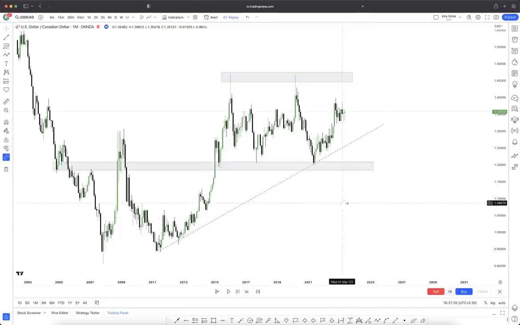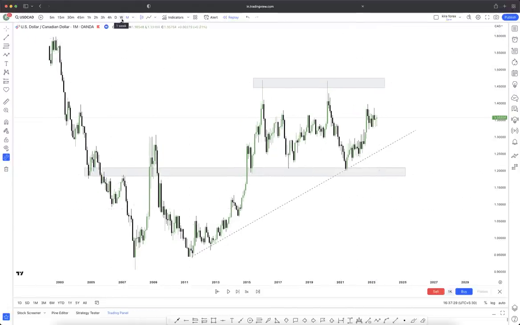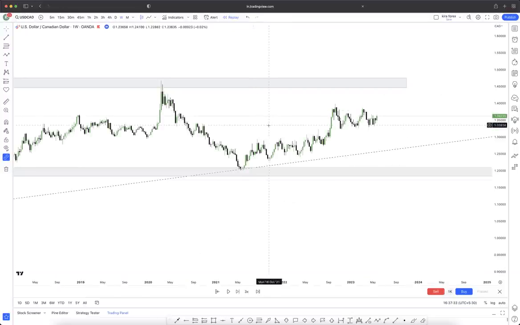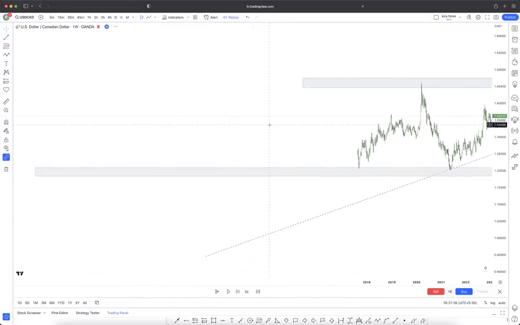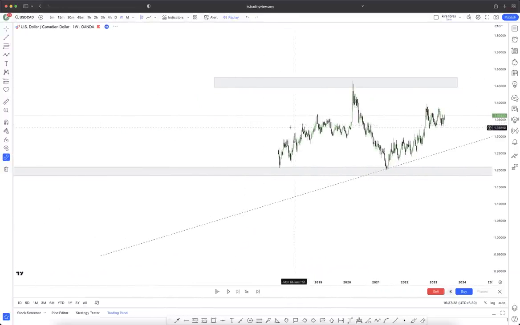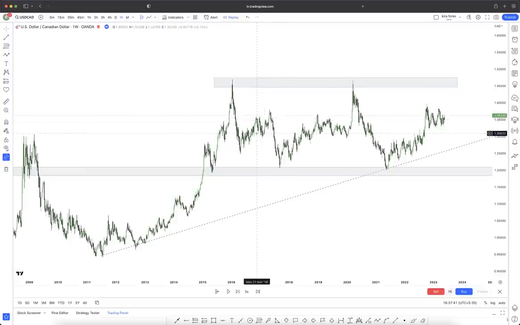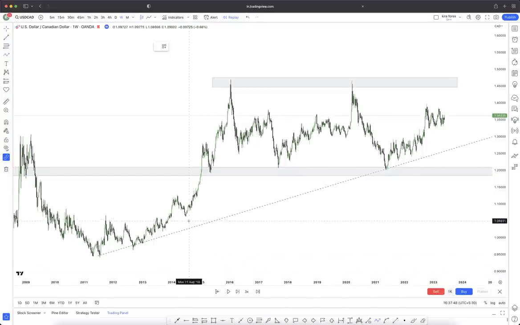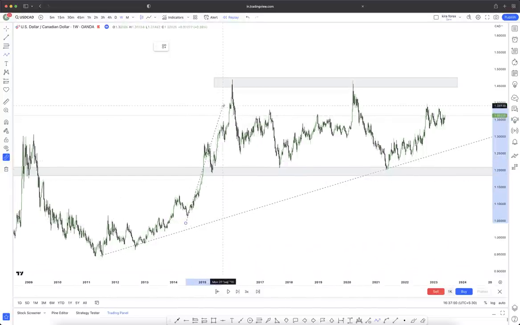Now let's move to the weekly time frame and also see what we have there. The weekly time frame and the monthly time frame, there's not too much difference between these two time frames. So let's see what is happening on the weekly time frame. On the weekly time frame, as you can see, price was moving up, and then eventually, for you to know why I said we are in an uptrend, you can see that price eventually broke the resistance level and then reversed, broke the support level, and then you can see that it came for a retest and then went